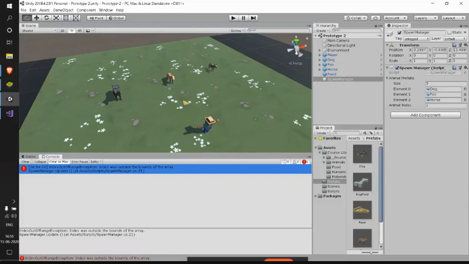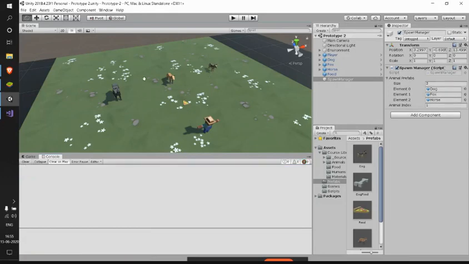So by this we know that whenever our size is 3, we can give only the values 0, 1 and 2. So that is the case. Let me clear this. And so here, by initializing this value, we are able to change the game objects, right? What if we have the ability to select a random value for this animal index and use that random value to generate random game objects?